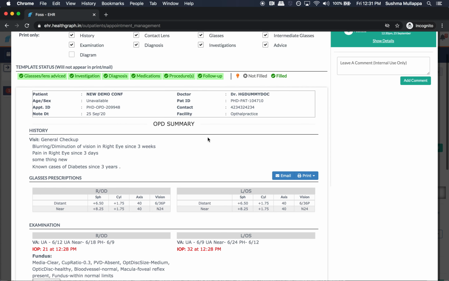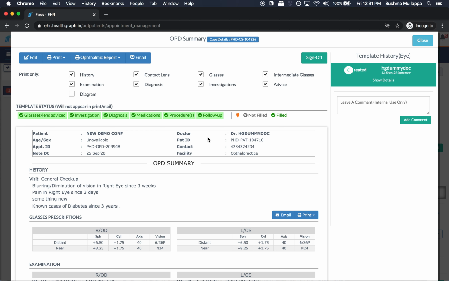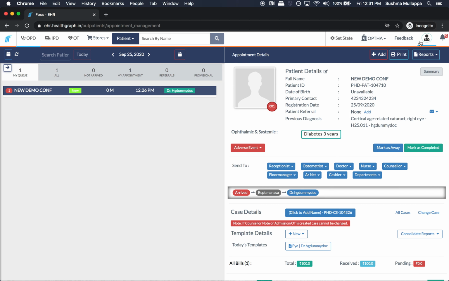So this way you can digitize not only your hospital, but all parts of your hospital. The entire product includes OPD, IPD, OT, billing, inventory, analytics, and all parts of the hospital to make them completely digital. The benefits of this particular software is that it will save cost. You'll be able to see more patients and therefore more revenue. Your follow-ups will become much faster. You will become compliant with NABH and other regulations.